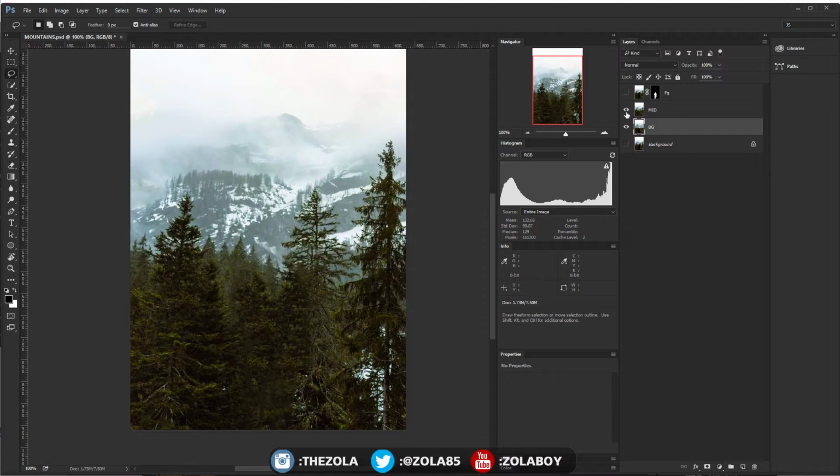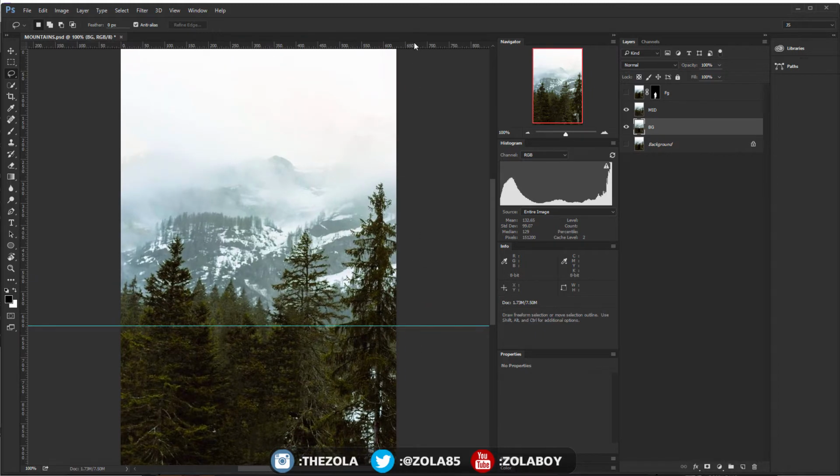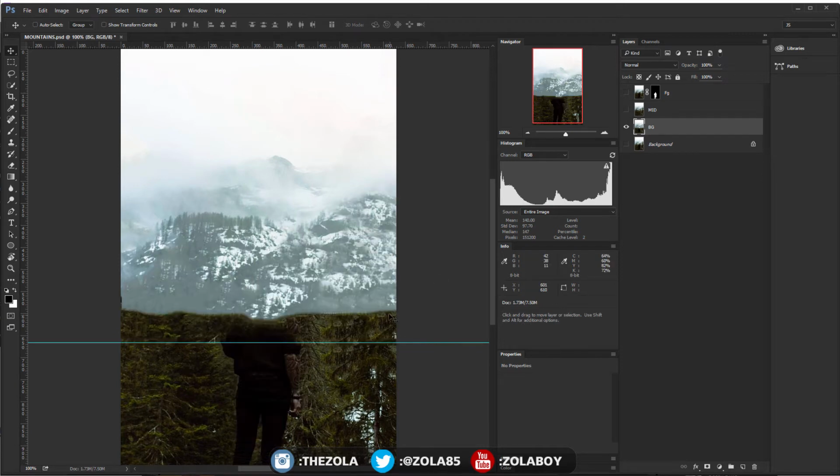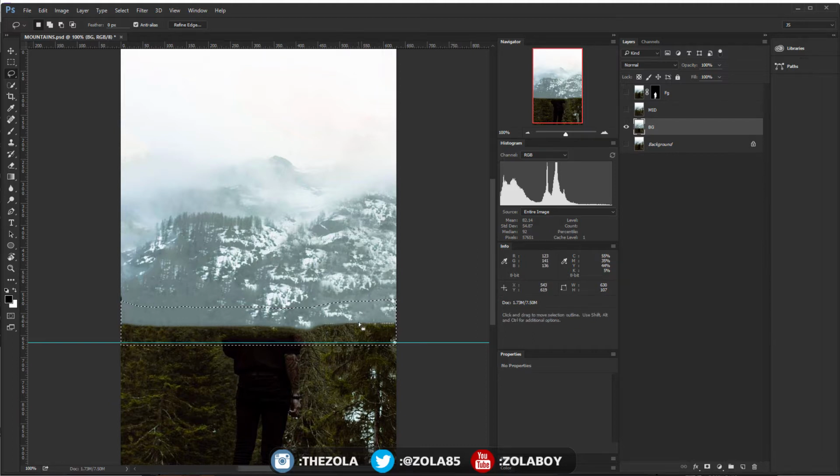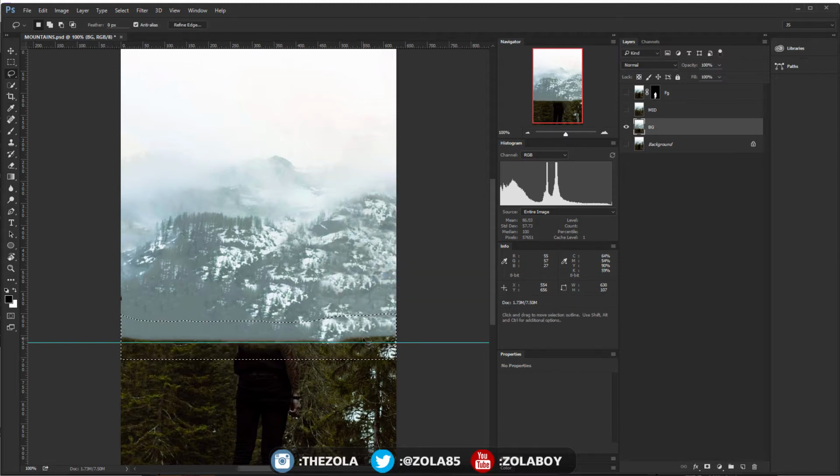So let's move the... we're going to kind of want to go beneath this line here, so I'm going to get my ruler. Hit Control R to bring your rulers up, and then you just drag from the side. So this is kind of as low as we're going to want to go. Probably going to want to go a little lower. So if I compare that on my mid, you're going to see that we've not quite brought this down far enough just yet. So I'm going to bring this down even more. And again, let's move the selection down. And probably just a bit more.